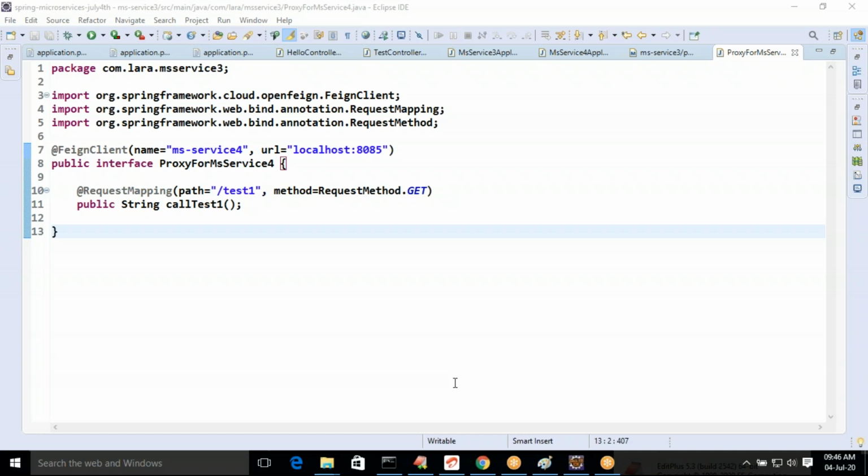Restart MS Service 3. We don't need to restart MS Service 4, since we didn't make any changes in it. Let us restart MS Service 3.